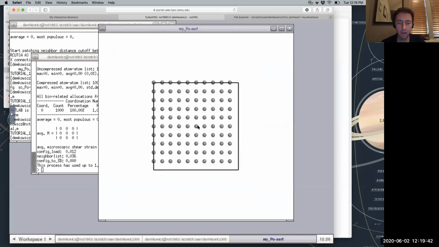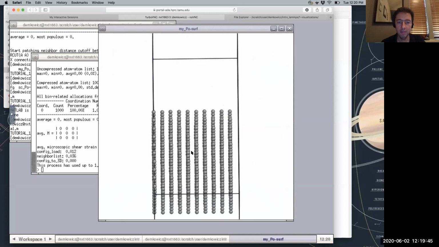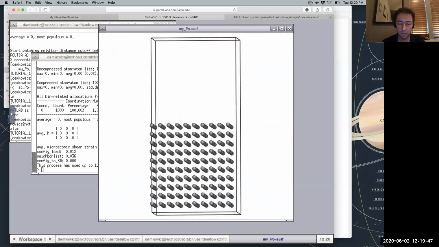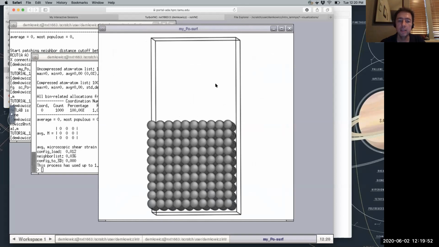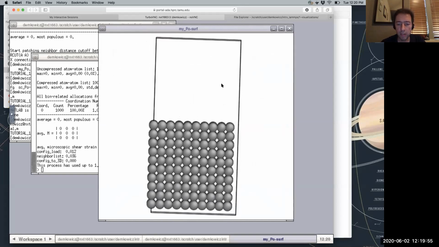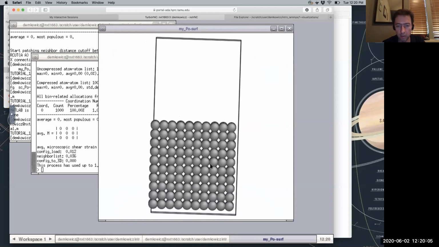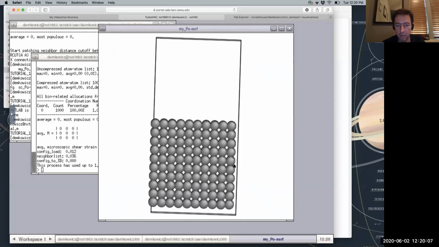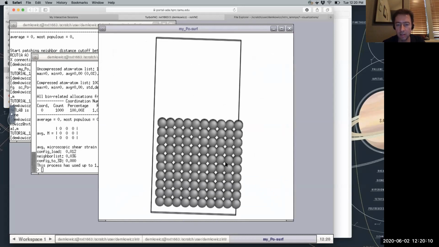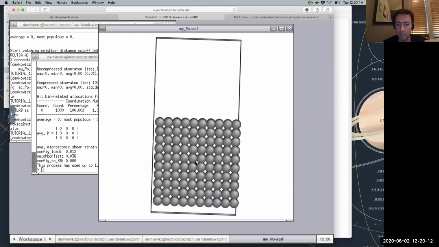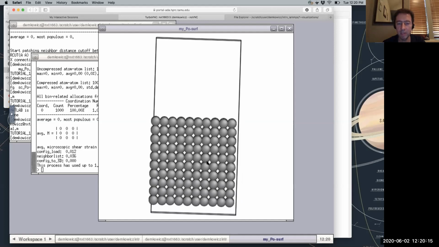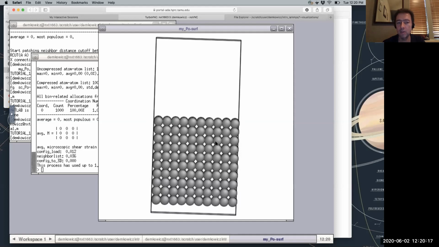Yay, okay, there it is, you see? I'm just going to increase the size of these atoms a little bit. By the way, when I look at this model, it seems like I've got a gap here. Is there actually a gap there? No, because if I shift this model around under periodic boundaries, you see the atoms are just shifting. Right? There's basically the same spacing between all the atoms. It's just that it seems like there's a gap because that's where the periodic boundaries are.